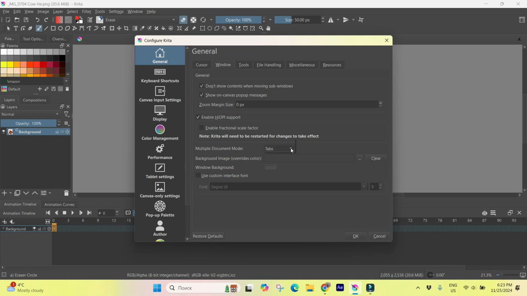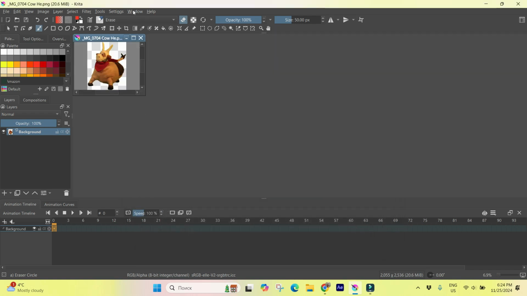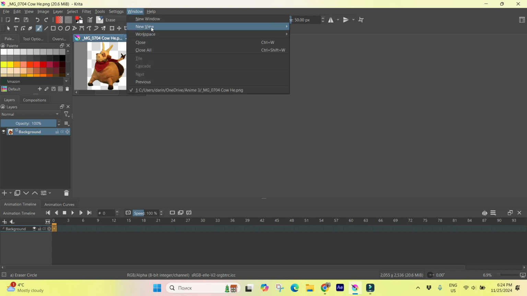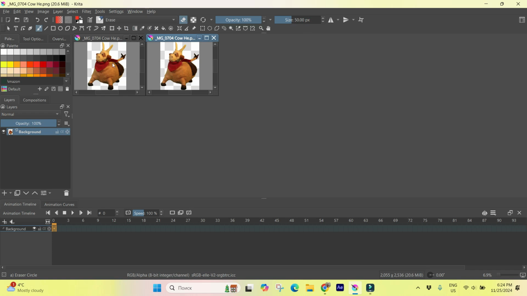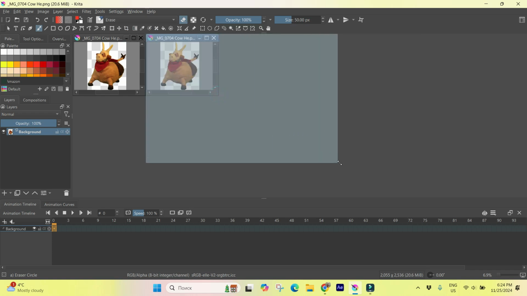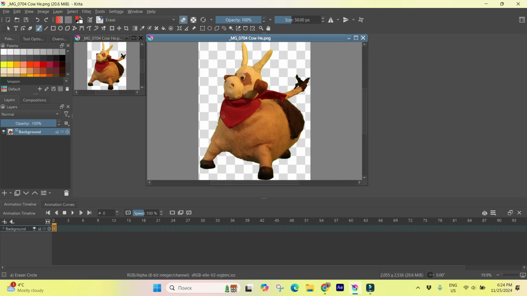documents mode, switch it from tabs to sub windows. Okay, now you can go to window, new view and click here. Okay, now you have two windows, two views of the same file, and what you will do here at this